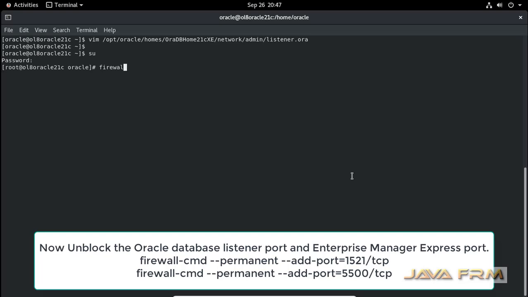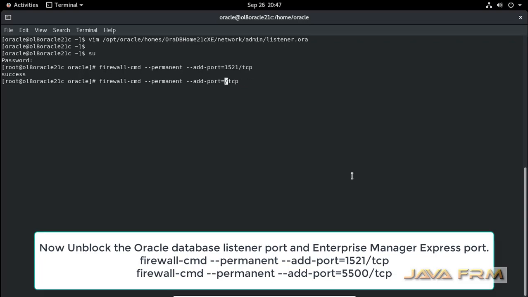Okay, now the next step is very important. I am going to unblock the database port using the firewall command. I am unblocking port 1521. This is the database port, so that you can access the database externally.